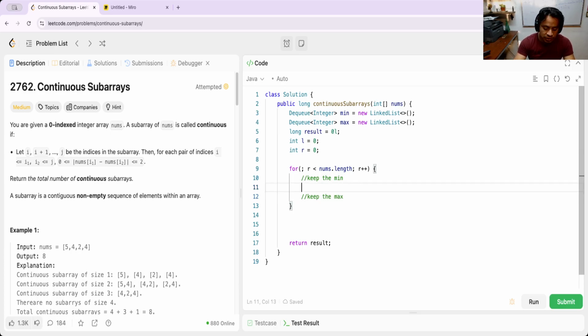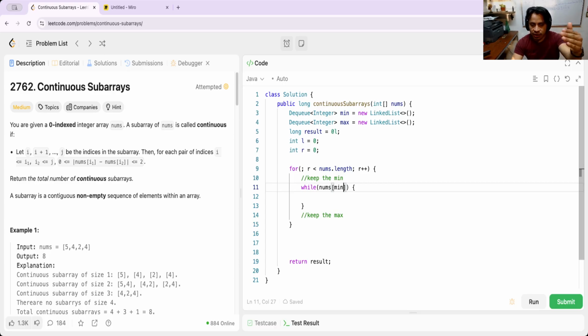The way to do it is in essence a while. Again, it's very similar to a monotonic stack, because here we need nums in the position min, in this case because we want to track the min values, min dot